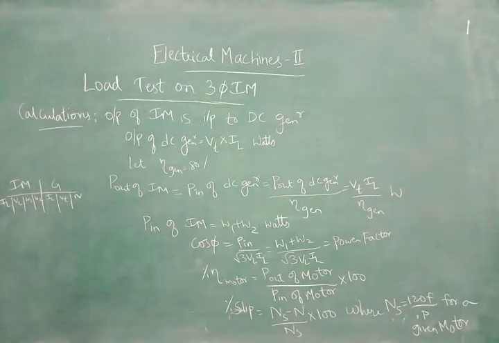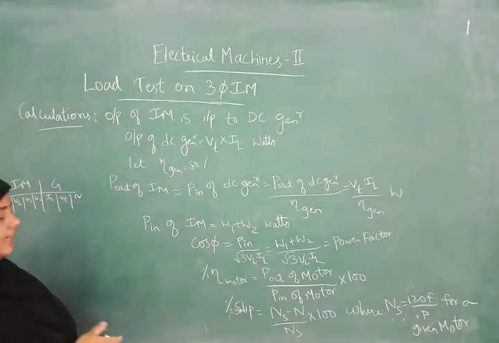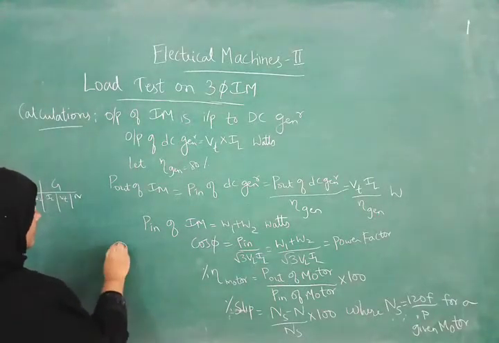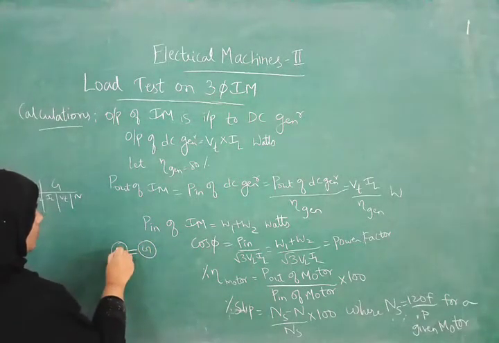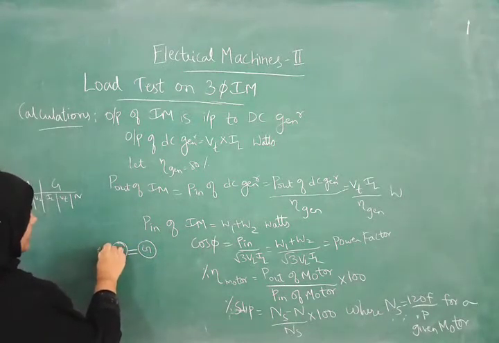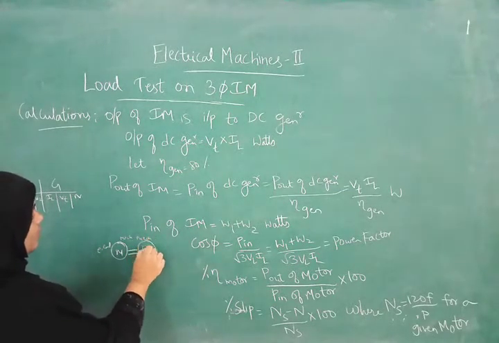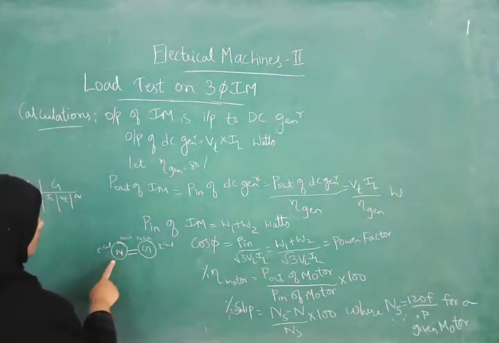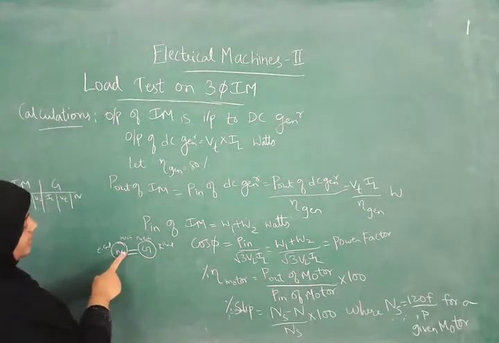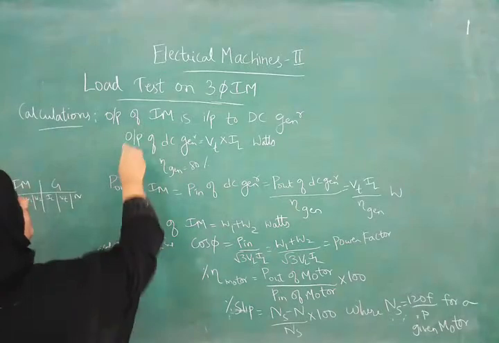So what will be the calculations by performing this load test? For the induction motor we have found out line current, line voltage, W1, W2 values, and for the generator we have found out load current, terminal voltage, and speed values. The output of the induction motor will be the input to the generator because both are coupled to each other, right? So the motor is coupled to the generator. This is the motor and this is the generator. The motor will take electrical energy and the output of the motor is mechanical energy. The input of the generator is mechanical energy and the output of the generator is electrical energy. So the output of the motor, that is mechanical energy, is given as input to the generator. That same thing I have written here.